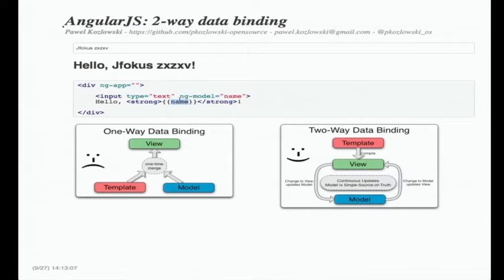templating solutions usually work in a way that we take a model on one hand. On the other hand, we take a template, we mix it together, so it produces a bit of HTML, we put it in the DOM, and every time we need to update the UI, we need to manually repeat this process. With AngularJS, it's different. This constant updating of the model, re-rendering of the view happens automatically. And it turns out that in practice, it's an enormous help, and it cuts down the amount of code that we need to write by hand.